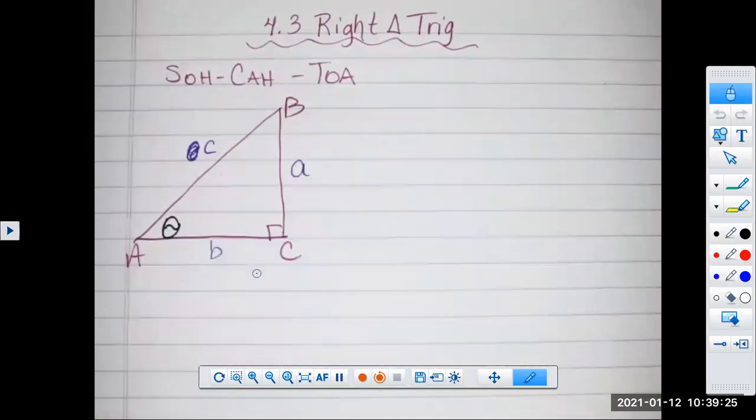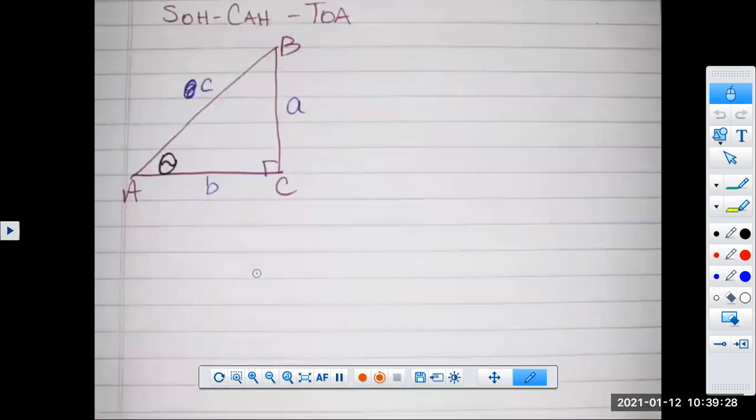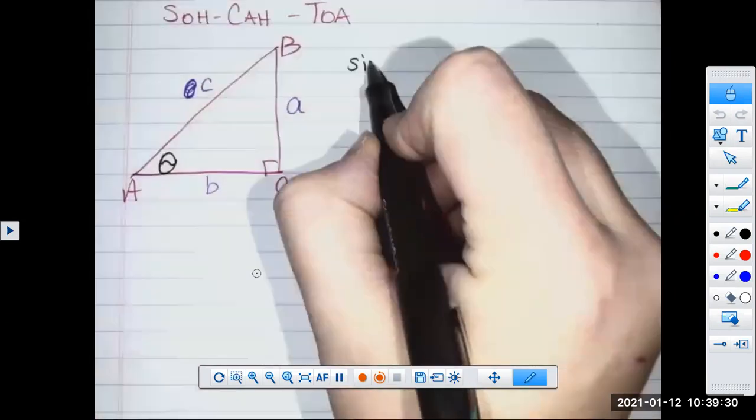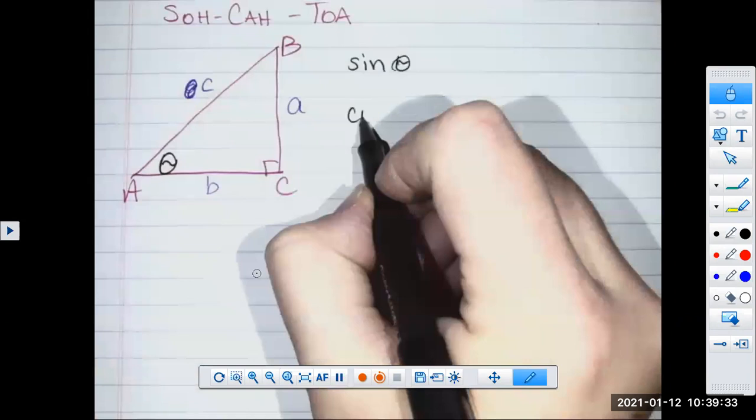So let's look at angle theta. And if we want to find all 6 trig values of angle theta,